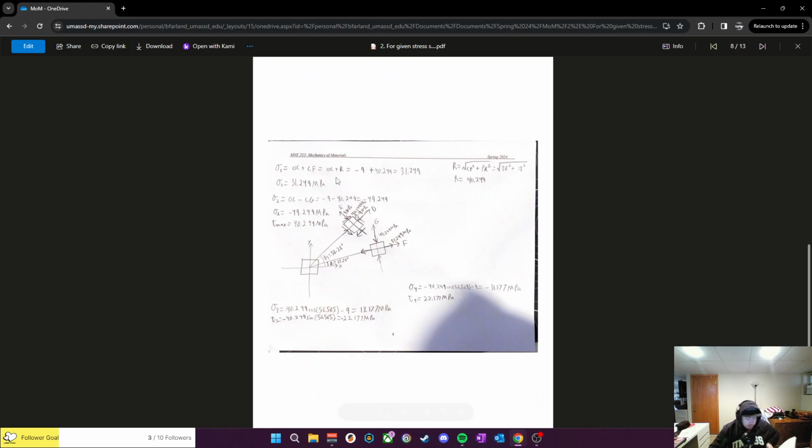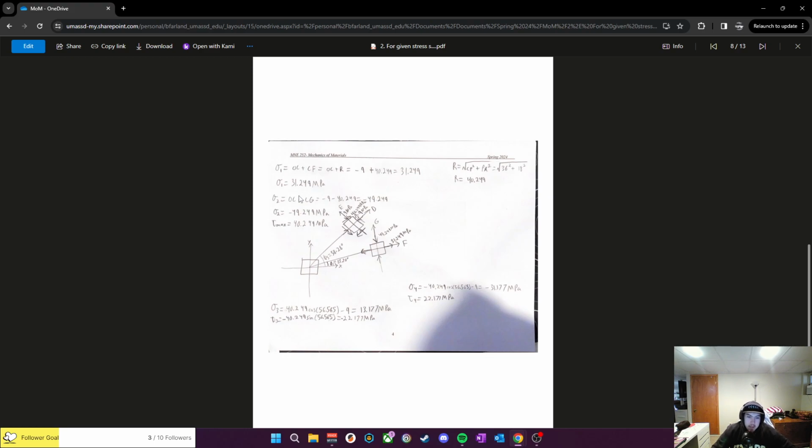In order to get the principal stresses, I have to add OC plus CF, which ends up being OC plus R. And in order to get R, I had to take the square root of CP squared plus PX squared, which ends up being 36 squared plus 18 squared. So R ends up being 40.249, which means our first principal stress comes out to negative 9 plus 40.249, which becomes